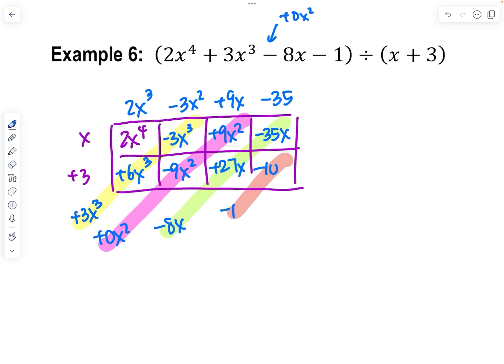Negative 35 times 3 is negative 105. So I just need one short of that. So my remainder is a positive 104. So 2x cubed minus 3x squared plus 9x minus 35 plus 104 over